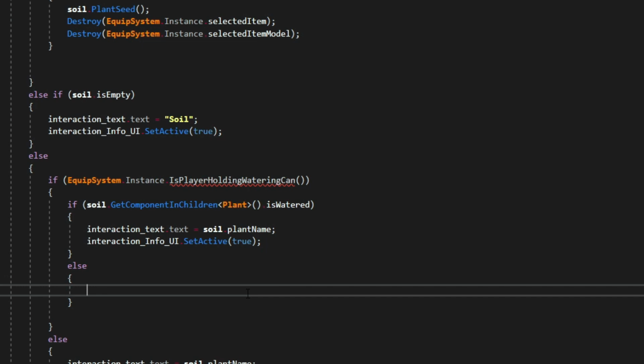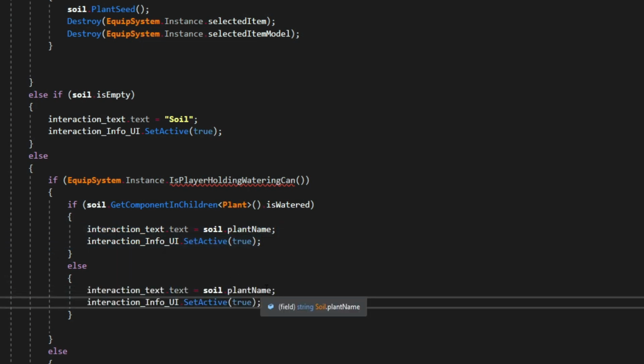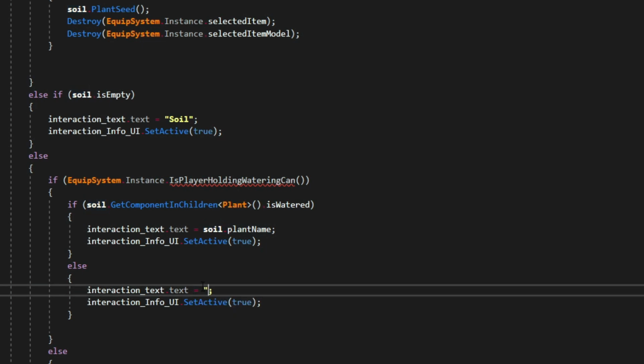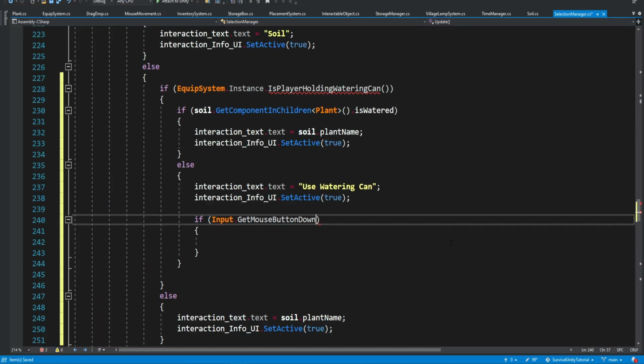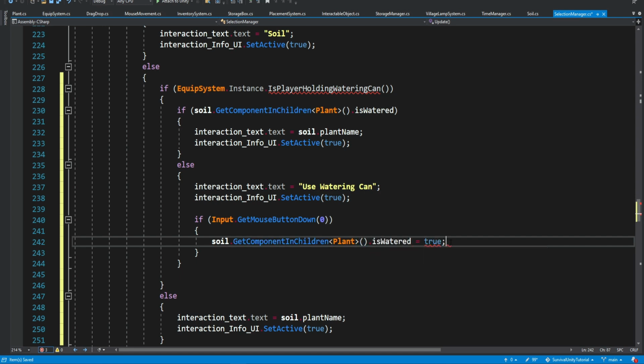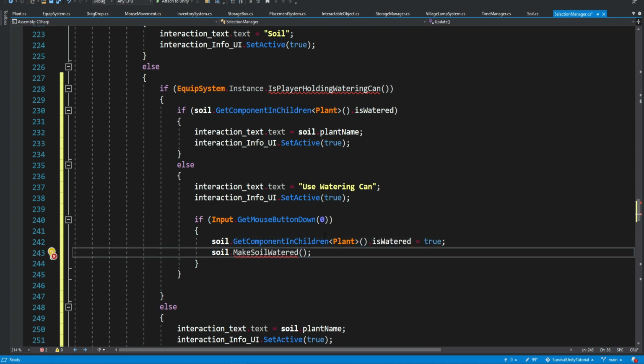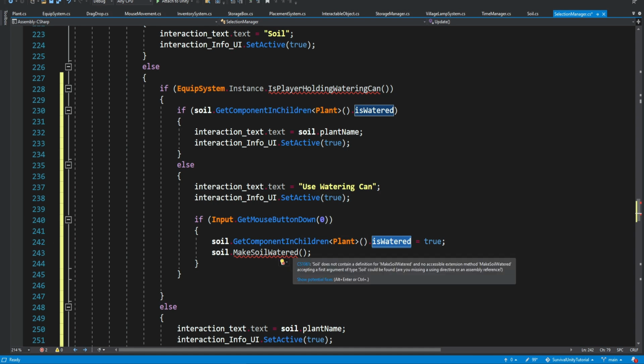So over here we say use watering can, and we also check if the player actually presses on the button. So if we press on the left mouse button, it's going to water the plant, and then is watered will become true. And we also want to change the way the soil looks, so we are going to use this